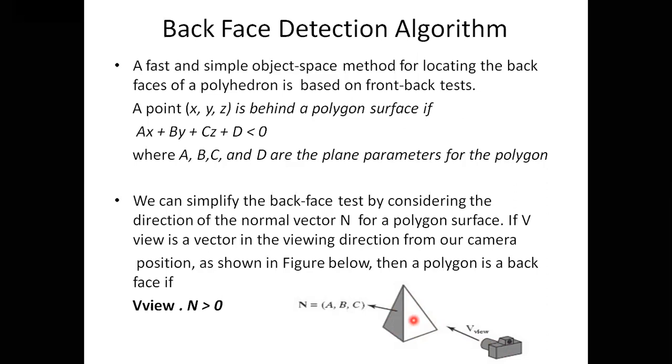If I take any point, first I need to check whether that point is on the object or not. Before I decide whether that particular point on that face is a back face or a front face, I first need to determine whether that point lies on that object. If the point lies on that object, next I can decide whether it is a front face or a back face.